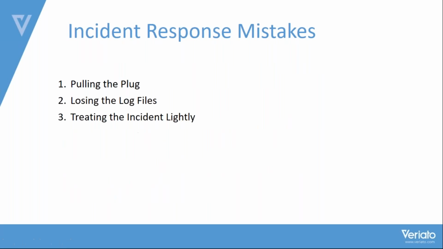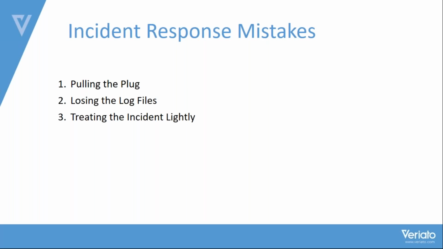Now, let me show you some mistakes that I see that happen oftentimes out in the industry. So promptness, as I told you, the time, that's key to incident response. But promptness at the cost of effectiveness is no win for the organization. I want to be prompt. I need to move fast, but I need to take enough time as needed in order to make sure that I'm covering what needs to be covered. Okay? So I want you to avoid these 3 costly mistakes that I identify here and in the white paper.